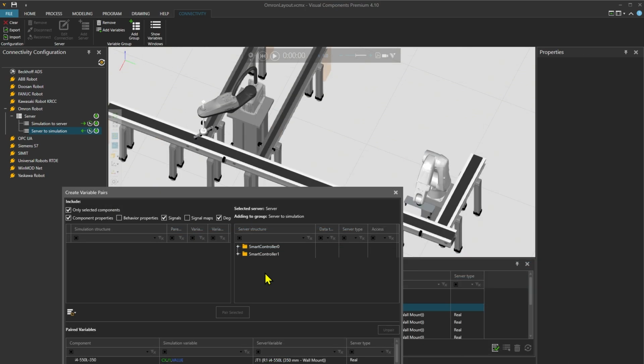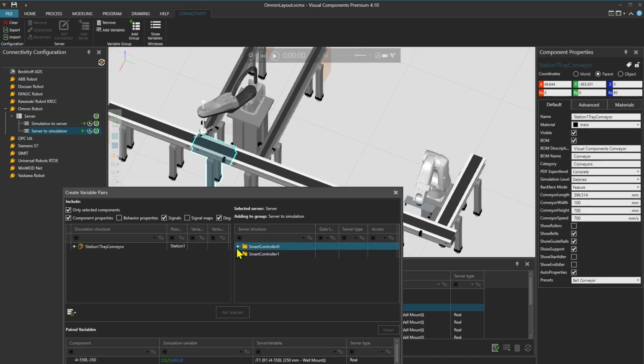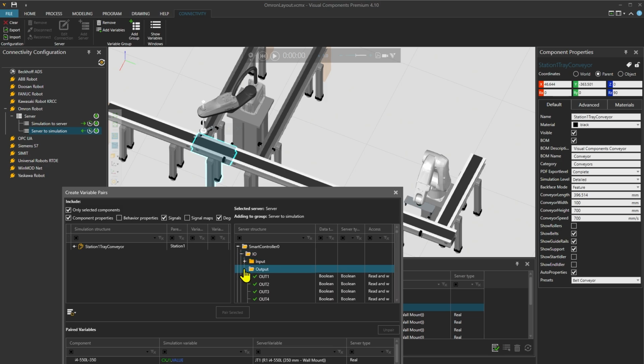Let's now configure the output signals from the ACE controller to Visual Components. So we are controlling the conveyor's base controller, so let's first focus on Station 1. Selecting the Station 1 tray conveyor and expanding the Smart Controller 0, I/O and output folders, we will be using output signal 202 to control the conveyor.